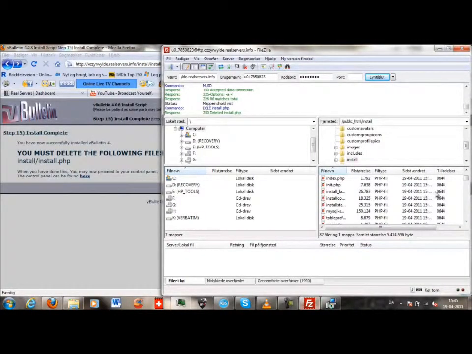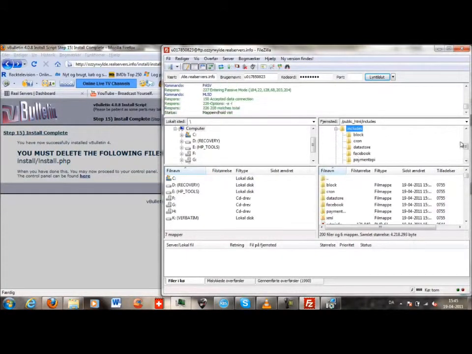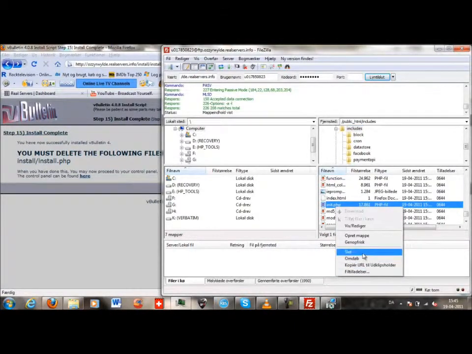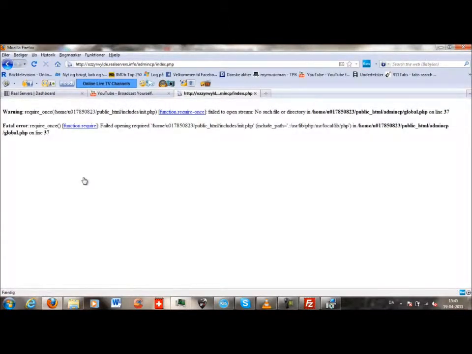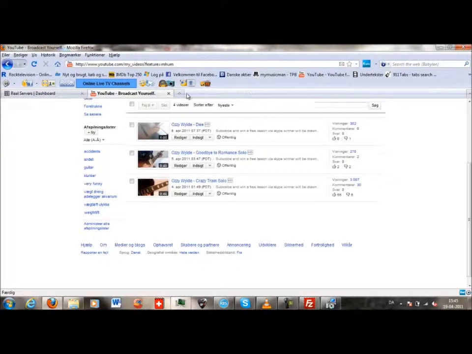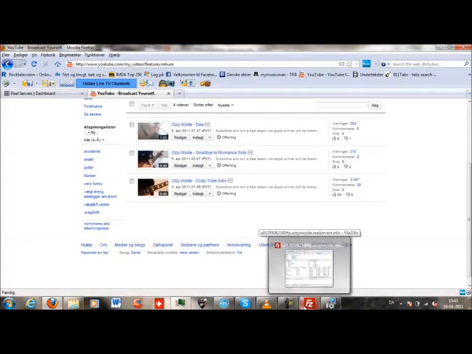You shall also delete, in the includes folder, the init.php. And just close that. And now you have your website.